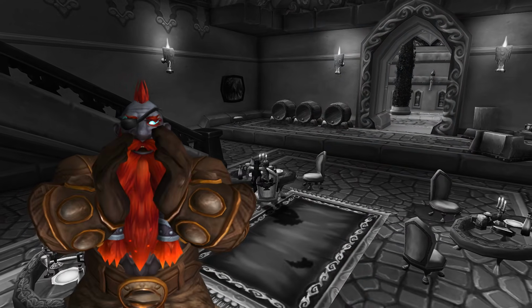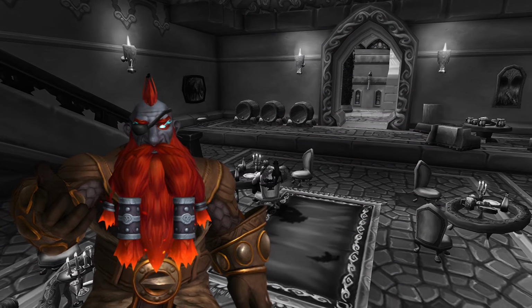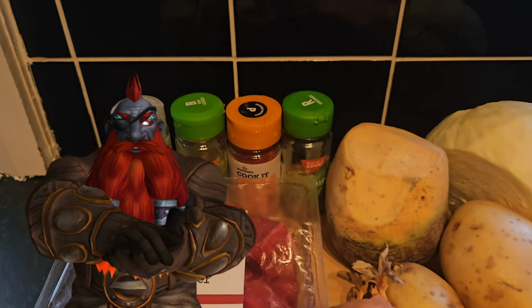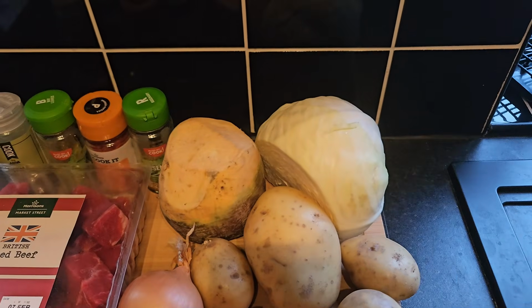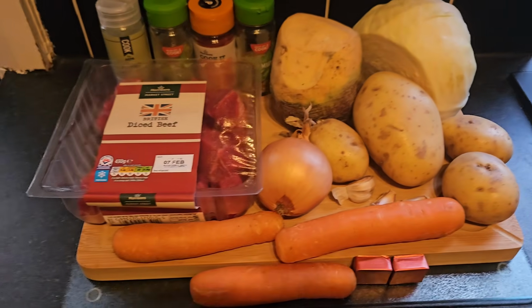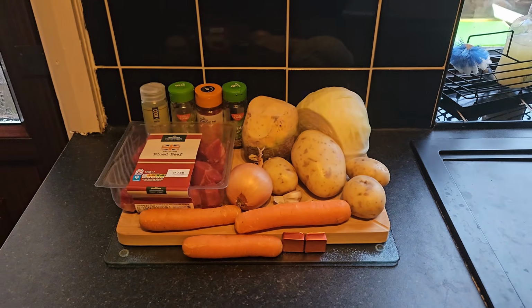Well, we all know what comes next, folks. Now that we have the poll results, let's get into the kitchen to make this northern stew. Right then, here we are in my IRL kitchen. These are the ingredients we need for today's northern stew. We've got diced beef, carrots, swede, onion, cabbage, garlic, potatoes, rosemary, thyme, smoked paprika, bay leaves, and our beef stock